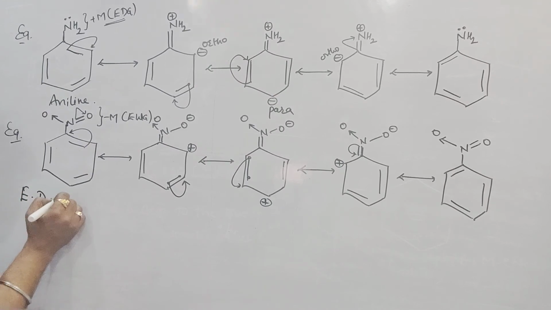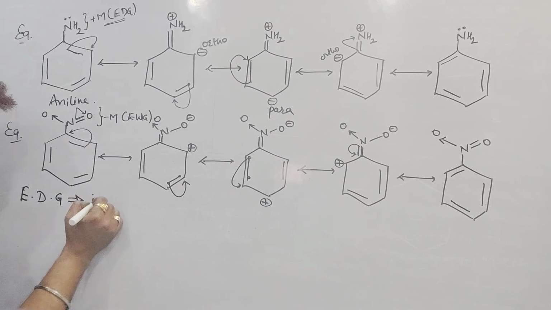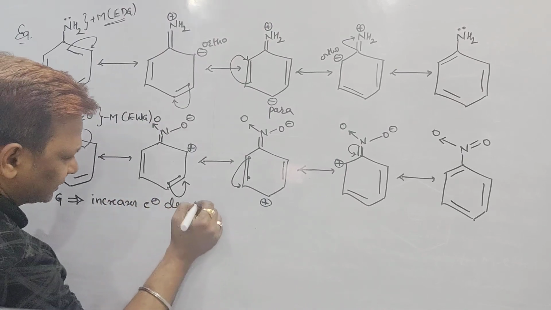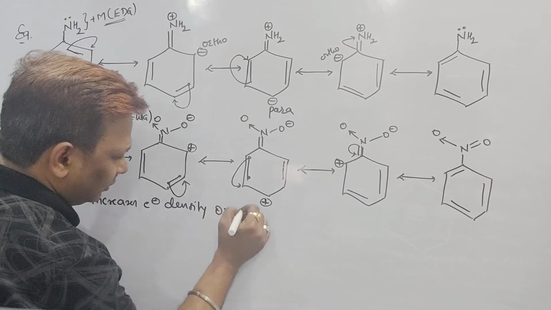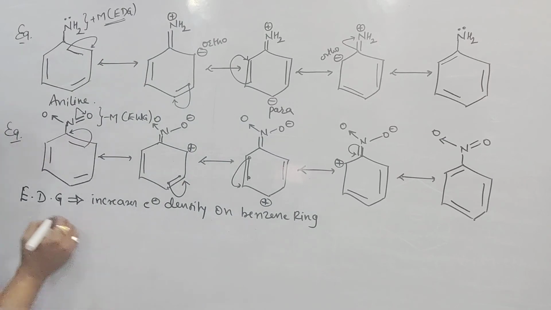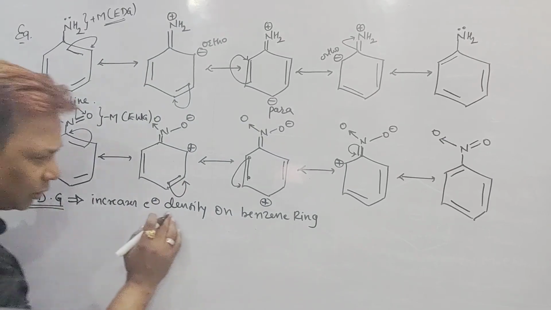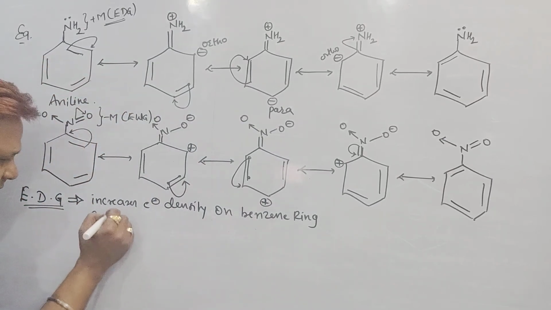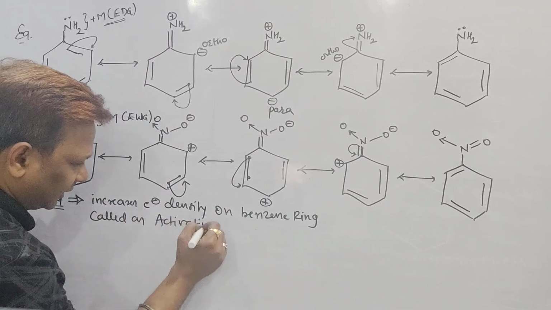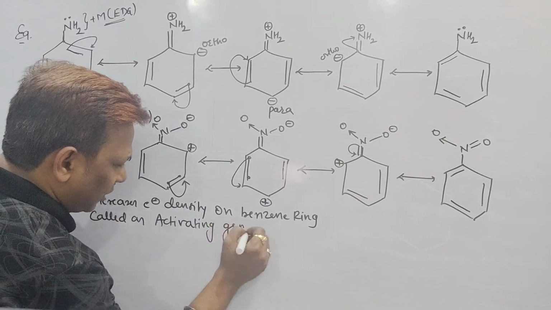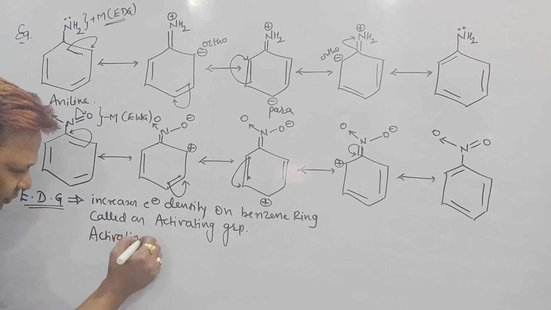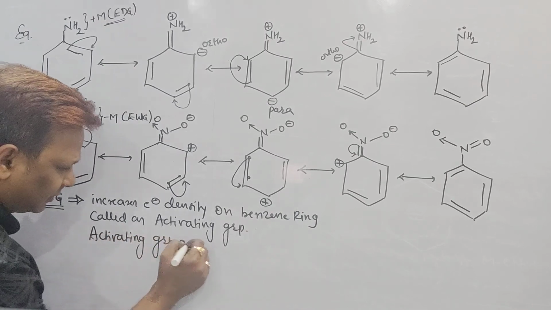electron donating group. Beta, an electron donating group increases electron density on the benzene ring. So an electron donating group which increases electron density on the benzene ring is called an activating group. So all activating groups are